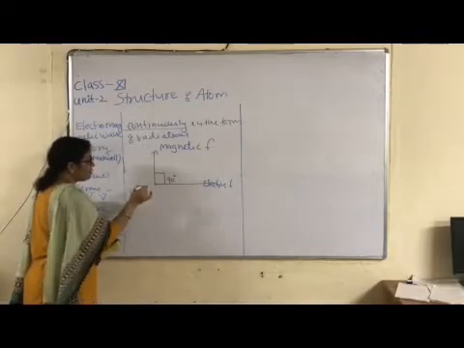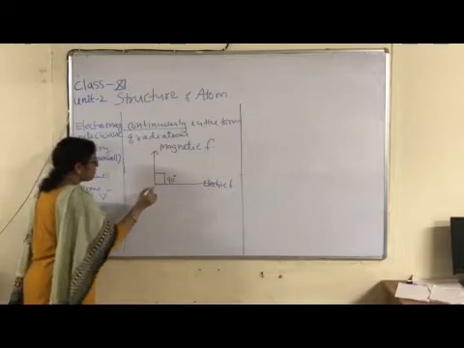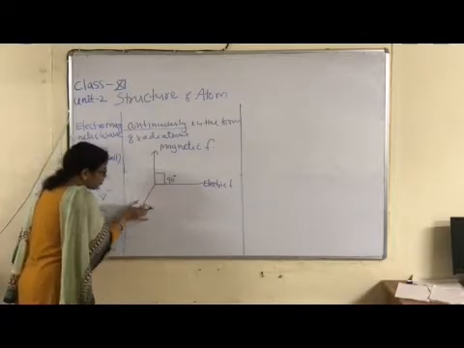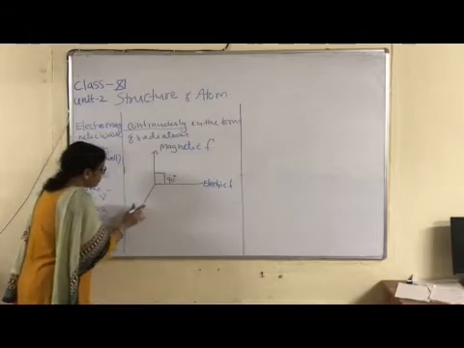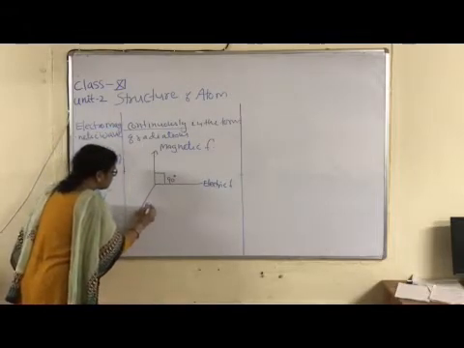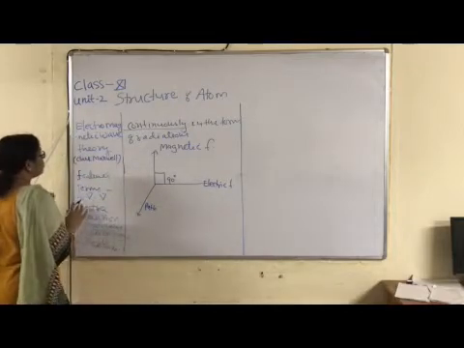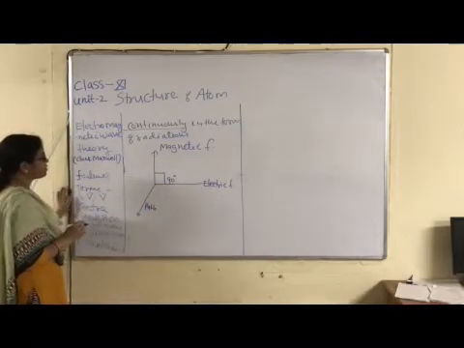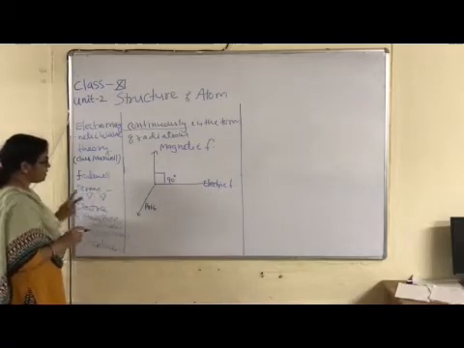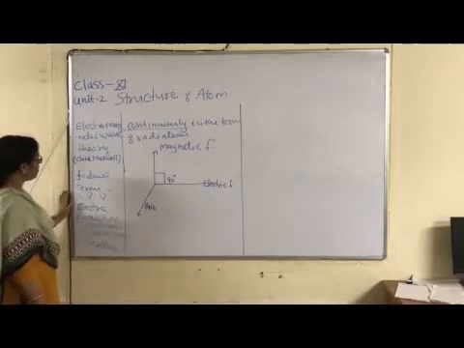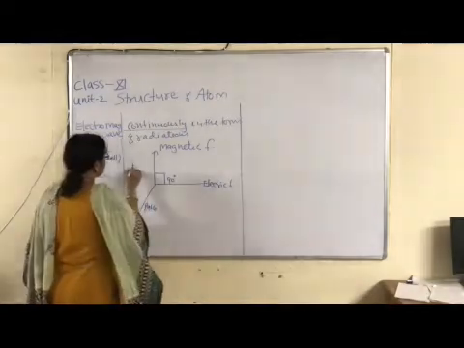This one is lying in 3D manner like this. Both are perpendicular to the path of propagation. This one is the path. So this is an important feature of electromagnetic radiations: presence of two fields, their alignment, and alignment of the two fields with respect to the path of propagation. Now children, this is the first feature.